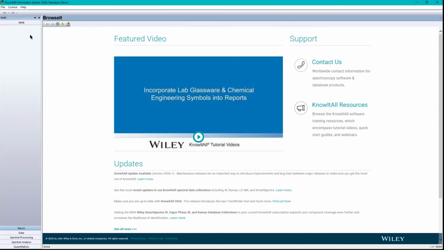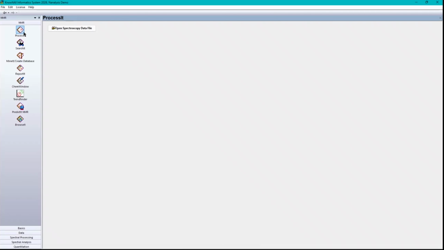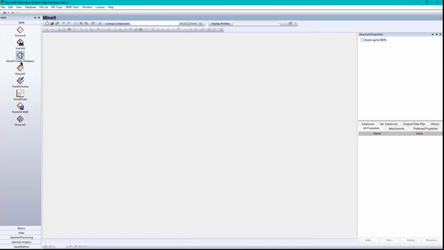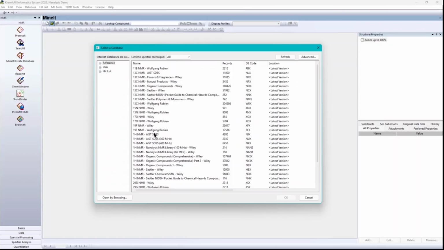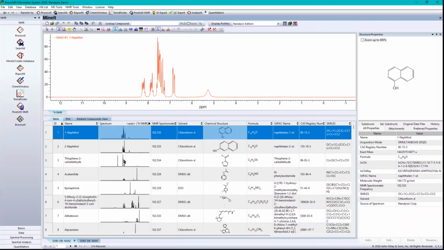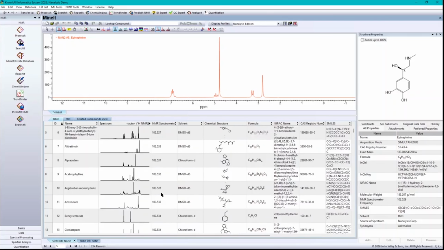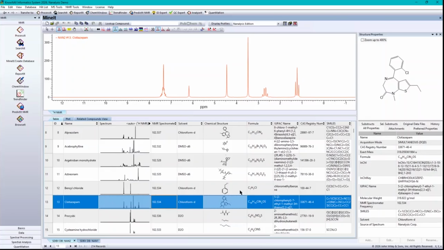Within this group, several applications support a complete NMR workflow. Process It for processing the NMR spectra, Search It for identifying single compounds or mixtures, Mine It for building user databases or accessing Wiley's reference libraries. Opening the reference libraries in Mine It reveals clean, information-rich tables. You can browse the reference spectra alongside key metadata such as solvent, spectrometer frequency, IUPAC name, CAS registry number, chemical